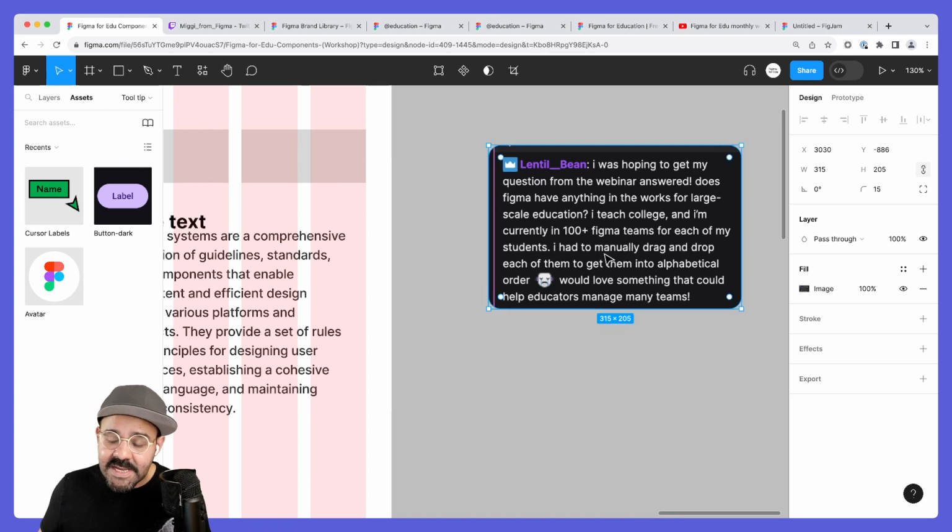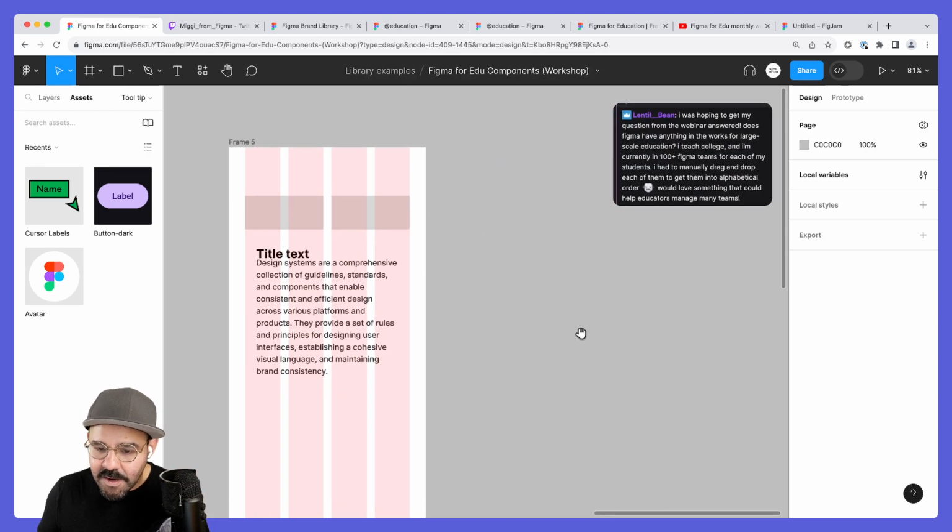But the one thing that I would say is that typically when I'm working with students, I will create a team and then I have them all have projects within a team. It makes it much more manageable than having to manage all of those Figma teams. I know that that doesn't solve your problem right now, and I know that you're manually arranging them on the left-hand side. So I'd love to chat and talk about that some more. All right, so